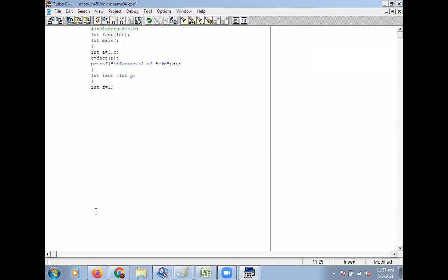Here we are checking if p is equal to 1, then return 1, otherwise, that is else, f is equal to f into fact of p minus 1.